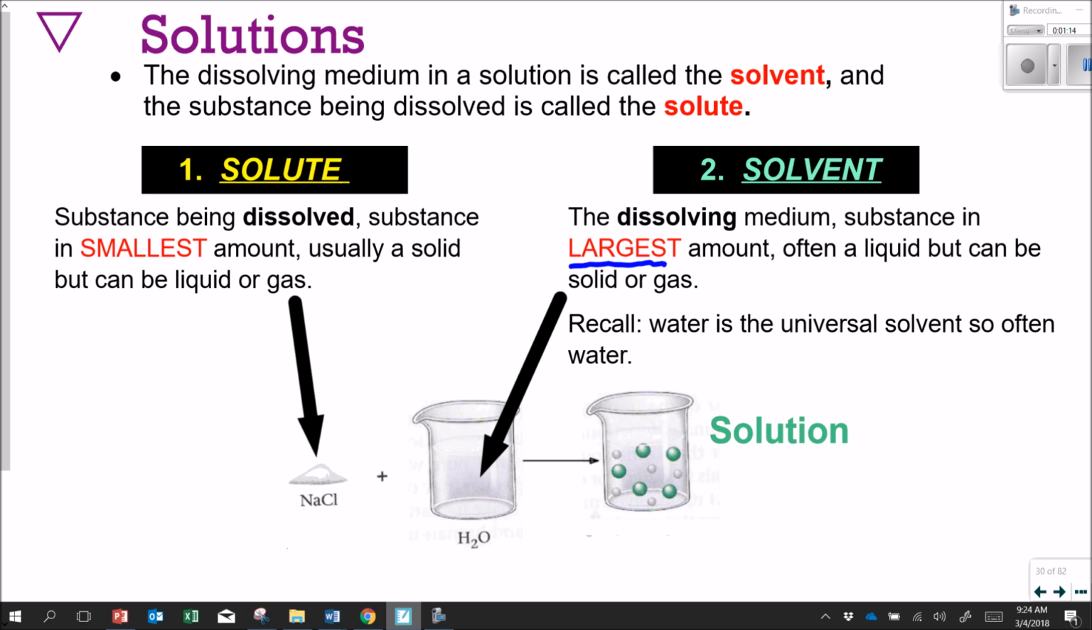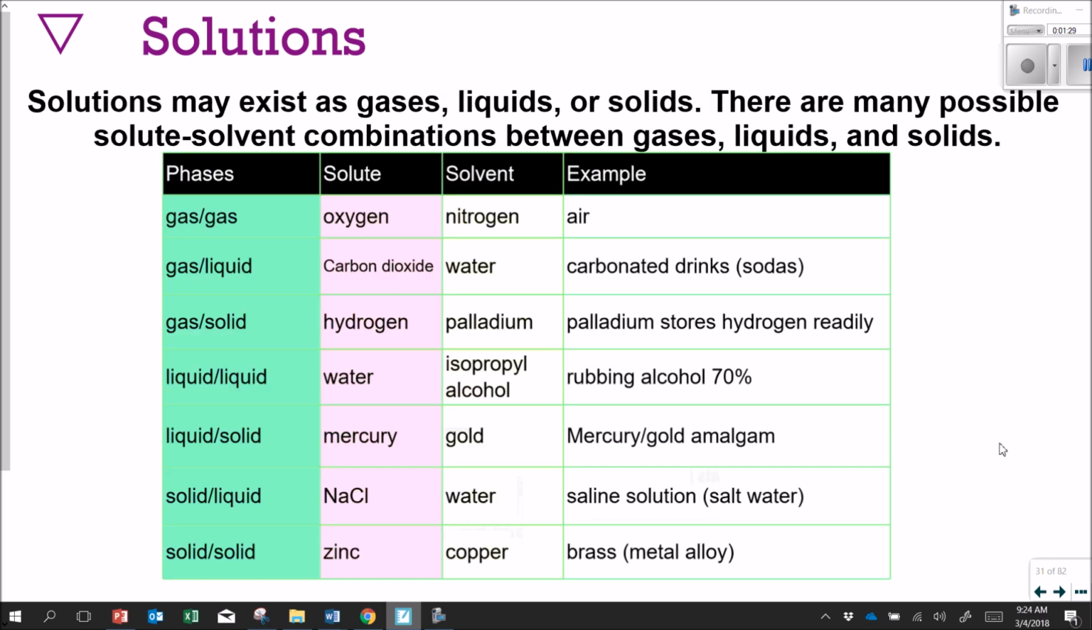The solute is the substance being dissolved, and it is the substance in the smallest amount. It is usually a solid, but it could be a liquid or a gas. Solutions can exist, as we said, as gases, liquids, or solids, and there are many possible solute-solvent combinations. So please pause the video and be familiar with some examples of different solute-solvent combinations, as you can see in